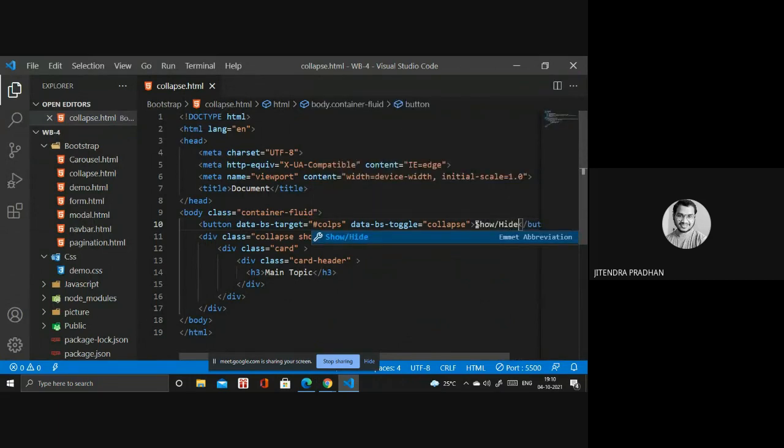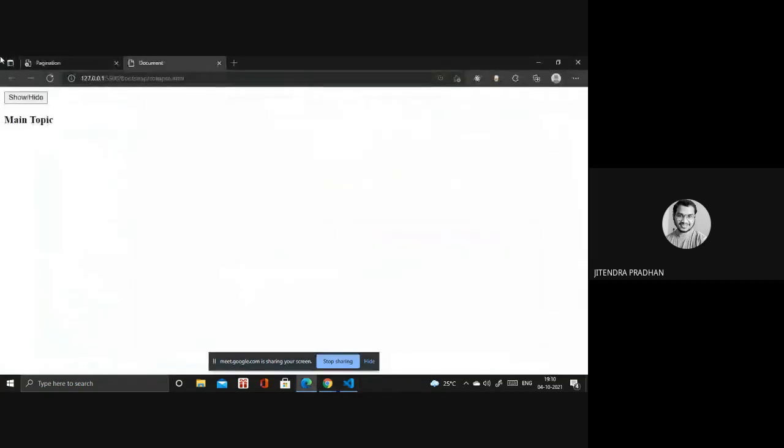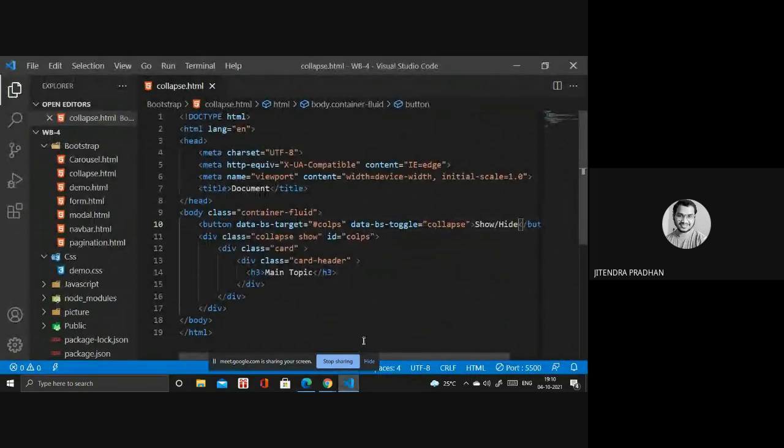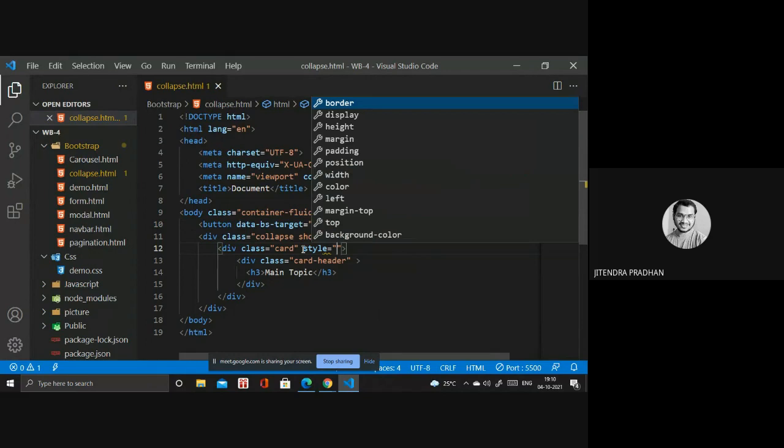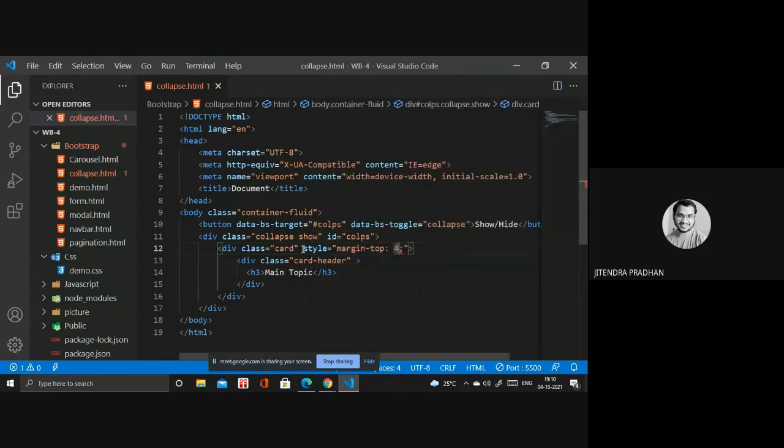Let's see how it looks. We need some style inside the card, with margin of 30 pixels or 50 pixels, whatever you need.